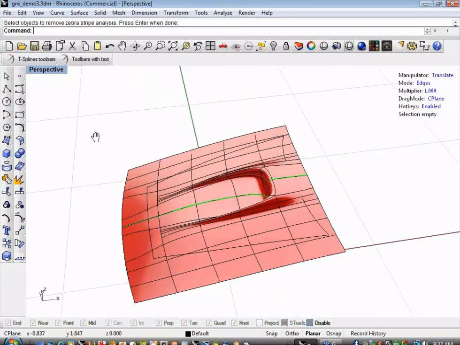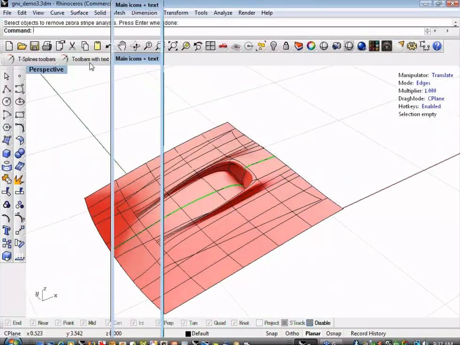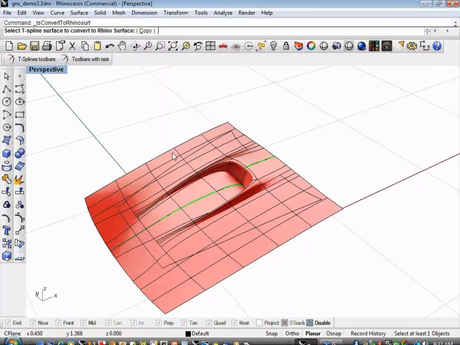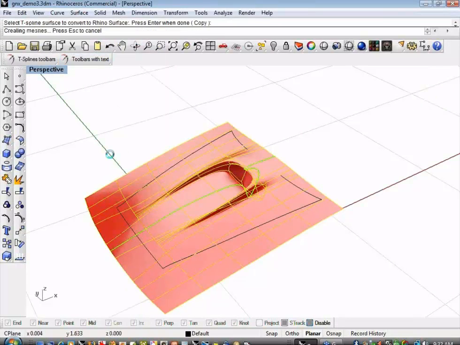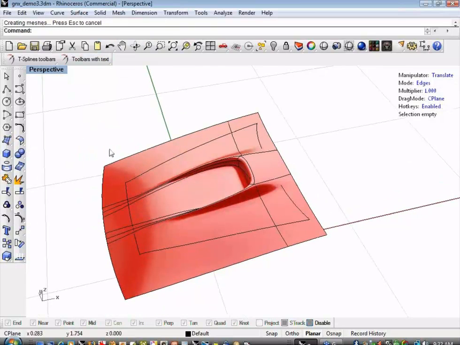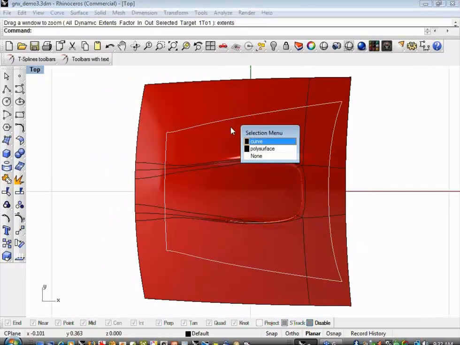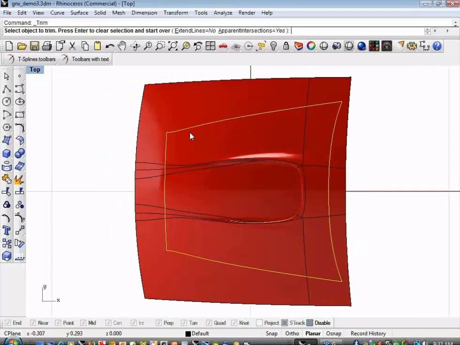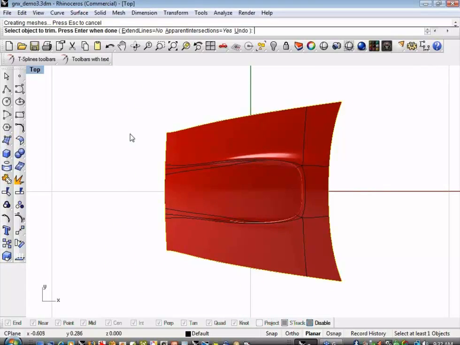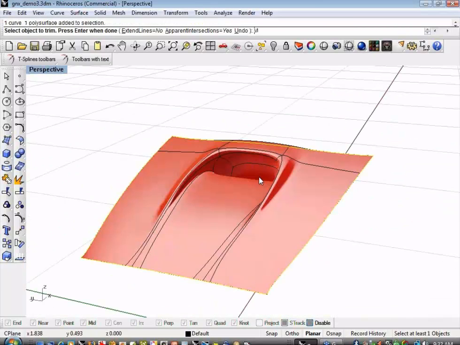So let's turn this back into NURBS. Convert, right-click on the Convert button, click your T-Spline surface. Whew, NURBS. I'm going to hide my heads-up display at this point because I'm going to go back to using Rhino commands, so I'm going to hit the Control Space key, which will hide that. Go to the top, pick my original boundary, trim, bring up my model again,